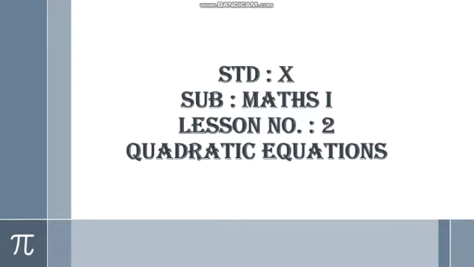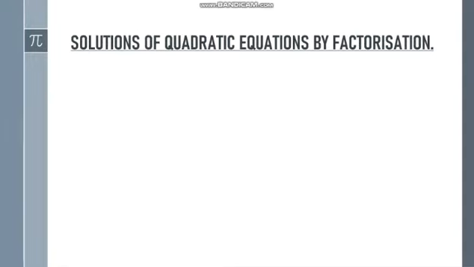Today we are going to see how to solve the quadratic equation by factorization method. Okay, so we will see the solution of quadratic equation by factorization. We will see some examples. Now example number 1, the question is m square minus 14m plus 13 is equal to 0. Now see, here the first term coefficient is 1, the second term coefficient is 14 and the third term is 13.